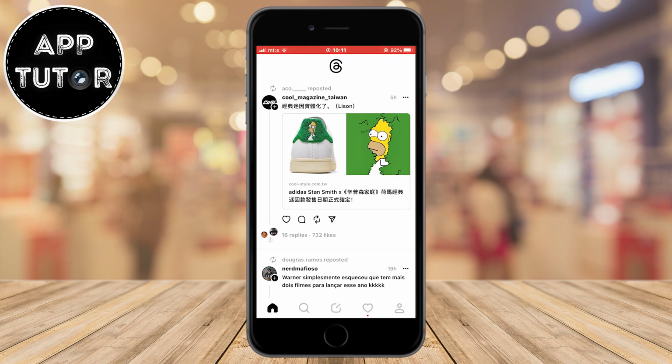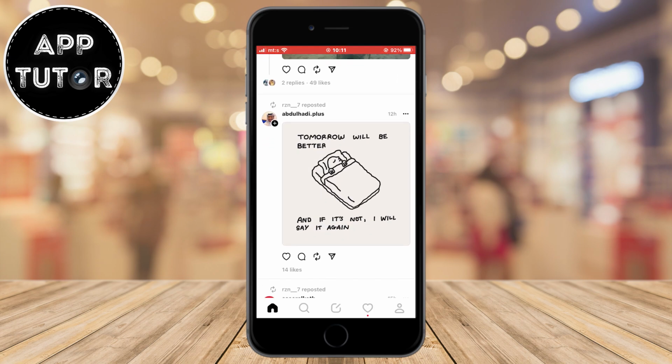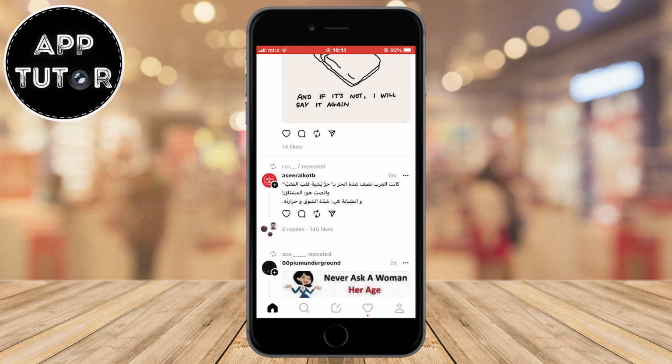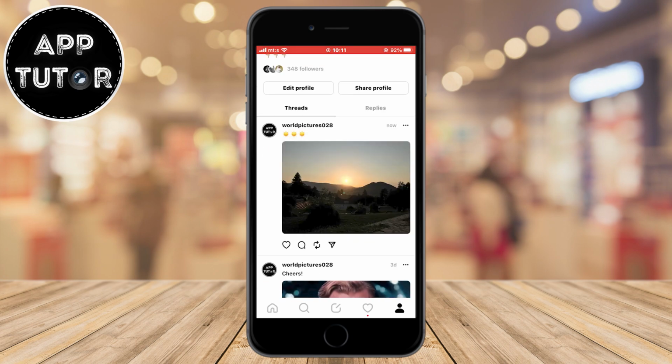The first step is to go over to the Threads app and then find a post which you want to share. You can share other people's posts, and you can also share the threads which you post in the app. I'm gonna go to my Threads profile, and I want to share this thread which I've posted. This is a cool little picture of a sunset in my city, so in order to share it to Instagram,